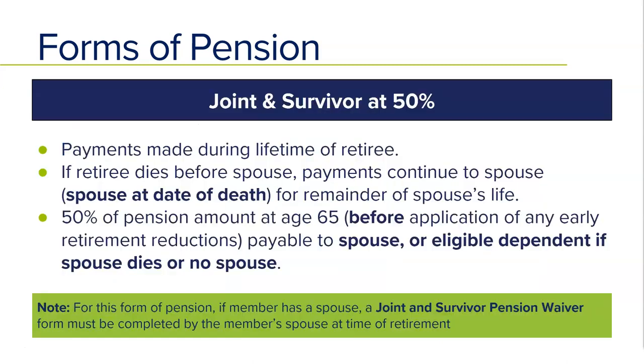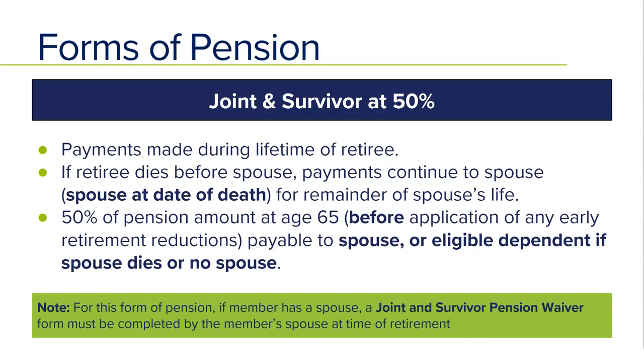So for the joint survivor pension at 50%, a few differences from the 60 and 100%. It is your spouse at the time of death. And also the survivor benefit amounts, we don't take into account the early retirement reduction factors that are payable. Now, if you do choose this option, your spouse would need to sign a waiver form, which is Form 5, because under the PBA, the Pension and Benefits Act, a survivor pension for a spouse would need to be 60%